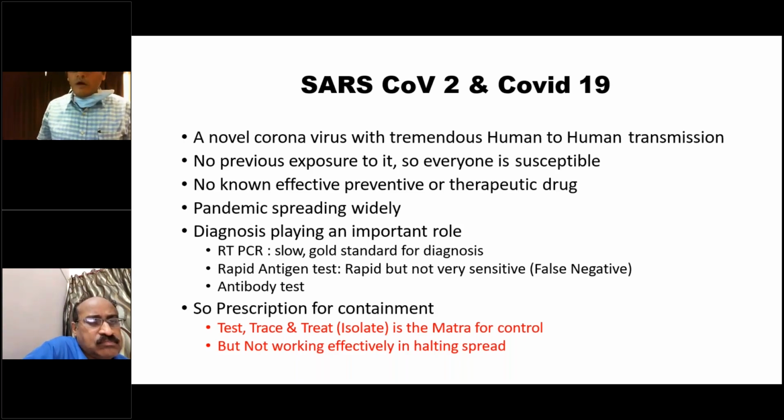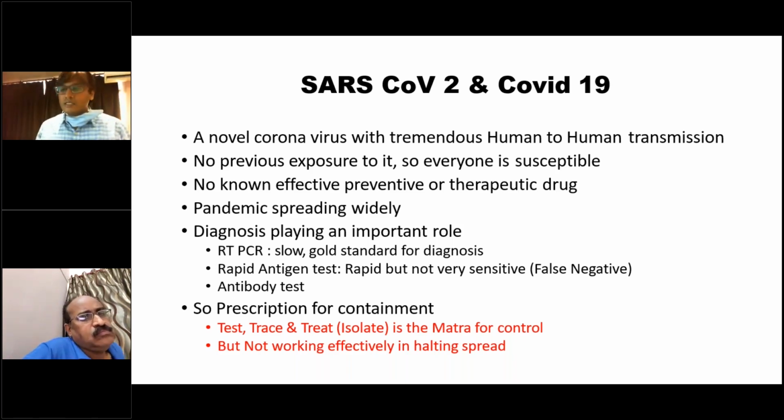For diagnosis of SARS-CoV-2, as ma'am had already told, RT-PCR is the gold standard test. Then we have another test, the rapid antigen test, which is rapid, but the biggest drawback of the test is that it is much less sensitive. And then we can perform antibody testing. But at this point I want to make it very clear that antibody testing is generally used for routine surveillance, sero-surveillance, and screening of healthcare persons only.